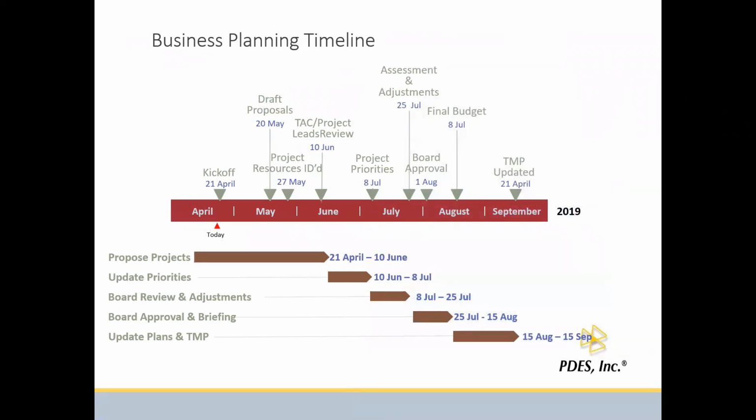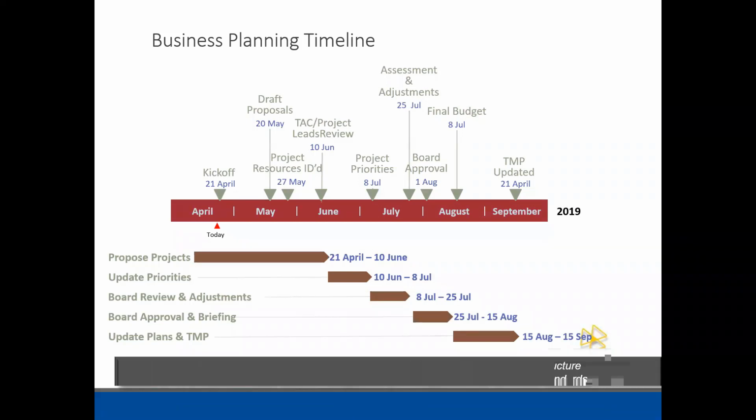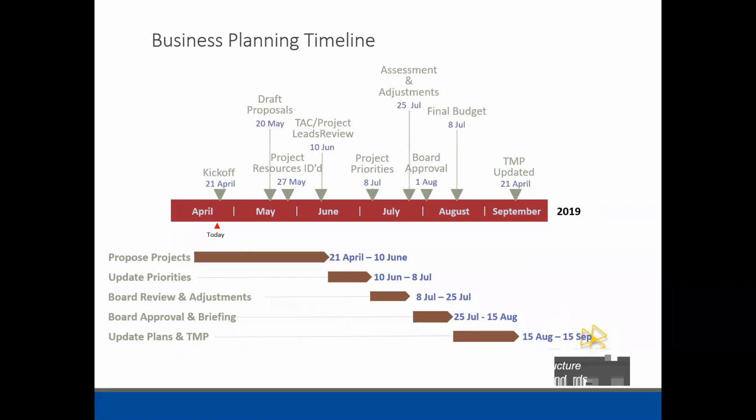And so a little bit about the business planning and timeline. If you notice, this was 2019. So this does happen every single year where we have a kickoff in April. We draft proposals, so ideas of what we want to include in the STEP 242 file or the 209. And so what we do in those draft proposals, as an example, maybe there is a requirement to include wire harness data or mechanical information. So we decide what format it's going into, and then we push that over to the TAC team and say,